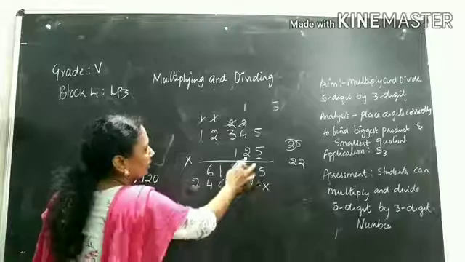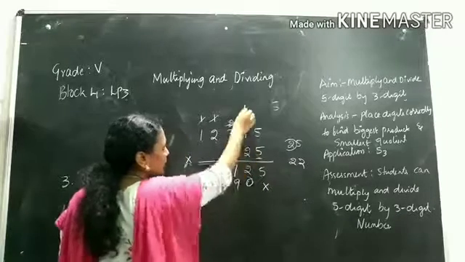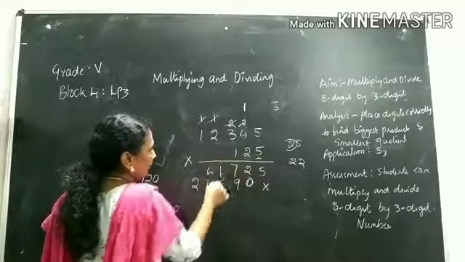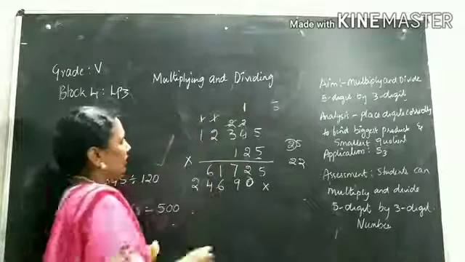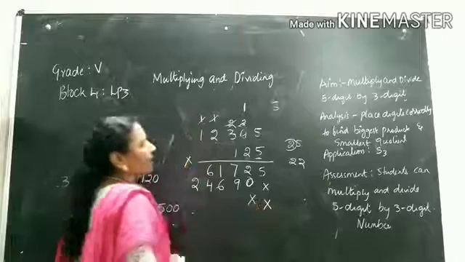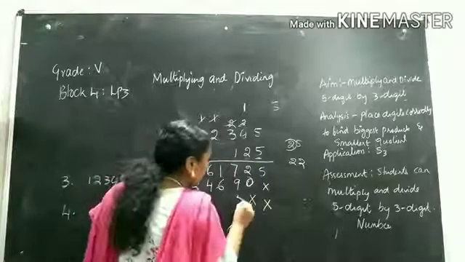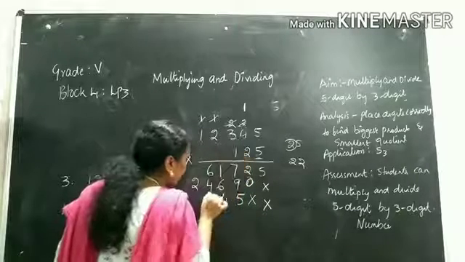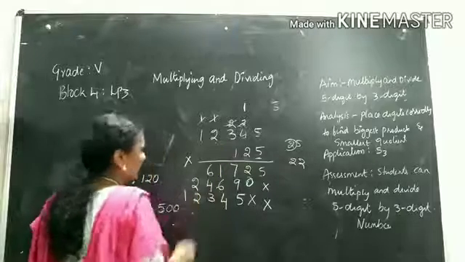Okay. 2 5s are 10. 1 here. 2 4s are 8. 8 plus 1, 9. 2 3s are 6. 2 2s are 4 and 2 1s are 2. Why? Because nothing is carried forward. Now, see here. I kept this blank and the next tens also because I multiplied with hundreds. 5 1s are 5. 4 1s are 4. 3 1s are 3. 1 2s are 2 and 1 1s are 1.